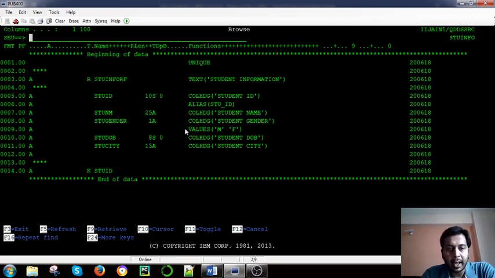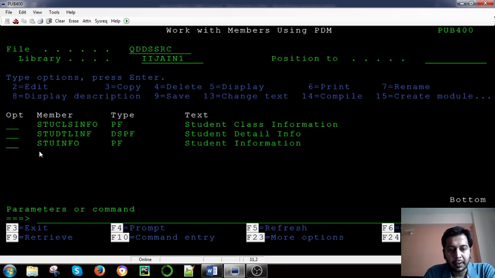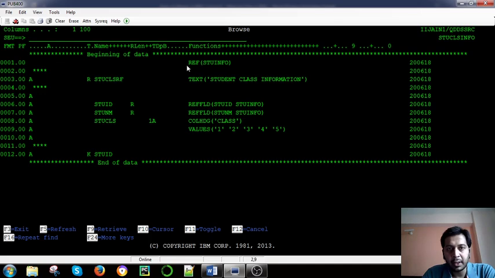We will discuss in the next session what the physical files in the IBM i are, but this is something I want you to look at, how you design it and how it looks. This is a physical file where we actually store the data. And this is again a physical file with a different layout, and in it we are using the reference of the previous physical file, so we can use the definition of fields like ID and name from the previous file.